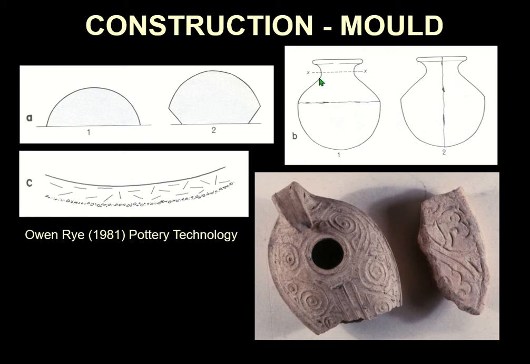How they did it from up here, they would have to either throw it or put coils on it or something like that. And you might see structures like this where the two halves were stuck together. Another thing you might see is evidence of a parting medium. Quite often the mould will have dust put on it so the clay doesn't stick to it and is released from it more easily. And this shows you the sort of thing you might see in the orientation of the inclusions. It'll be moderately flattened on the outside, but towards the inside they'll be quite random.